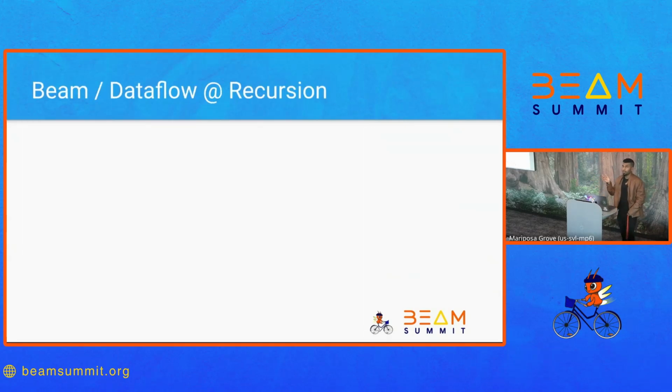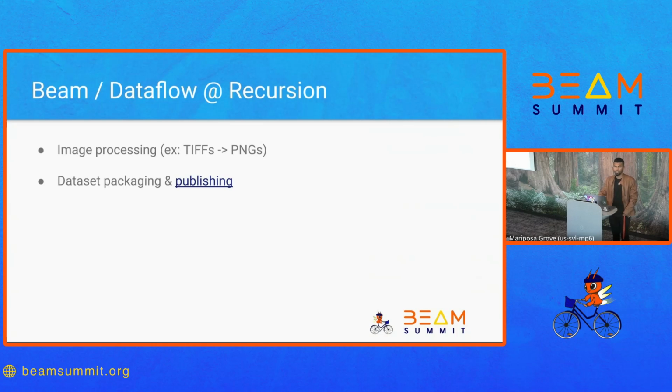How we use Beam and Dataflow at Recursion: in general, we have a few use cases. We do a lot of image processing. Our microscopes generate a lot of images every week. For example, one such processing is converting them from one format to another. We also use Beam for dataset packaging and publishing. Last year, we released a dataset called RxRx3. It's 100 terabytes of images, basically images of cells, the largest dataset for phenomic modeling,